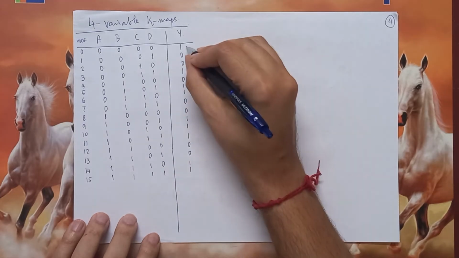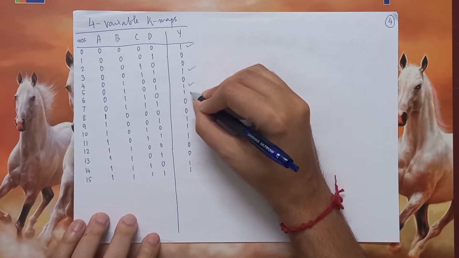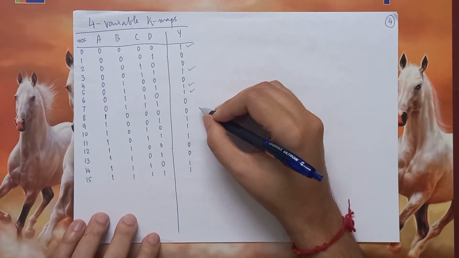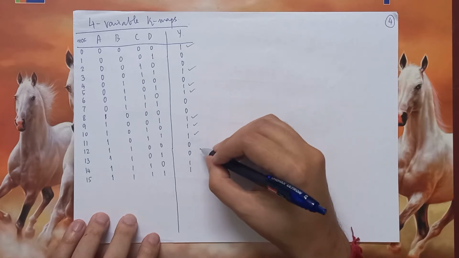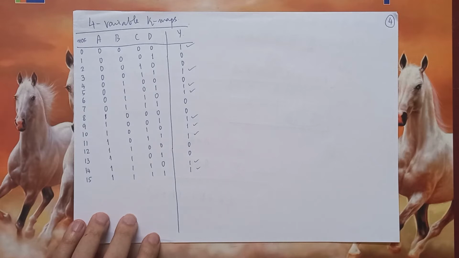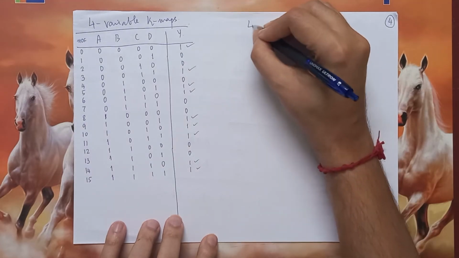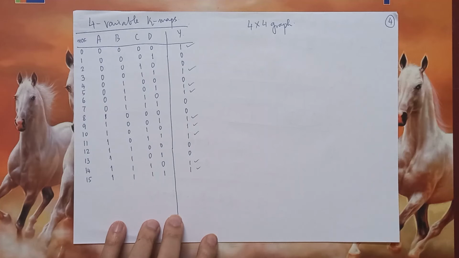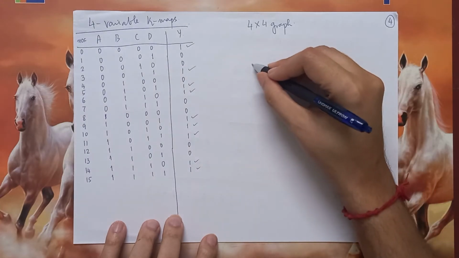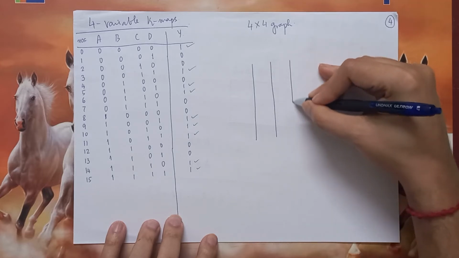So therefore the minterms are at 0, 3, 5, 6, 9, 10, 11, 14 and 15. So since there are 16 rows, the K-map will now be a 4x4 graph, which would look something like this. An expanded 2x2,